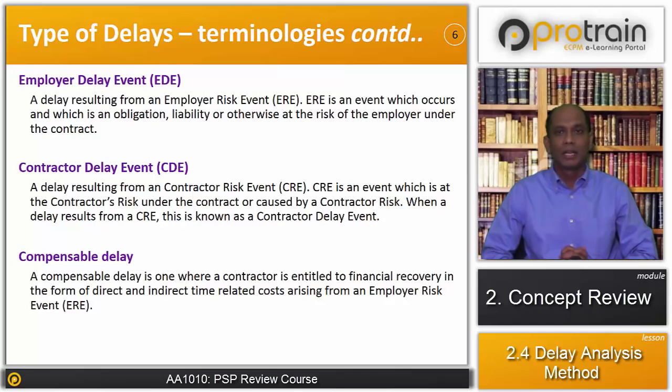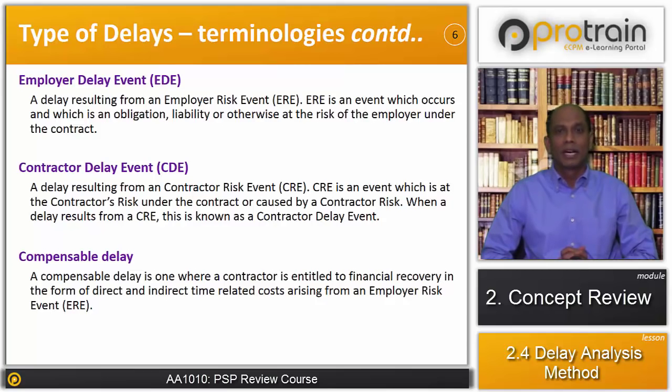And in compensable delay, needless to say, the contractor will have none of his fault. So the delay will arise from the employer's delay event. For example, in our design build project, a contractor is supposed to get design information in the third month of the project. However, the contractor received the design information in the fourth month of the project, and the project was delayed due to such delay in the design information by the employer. In that scenario,